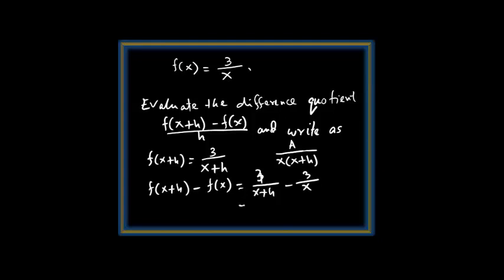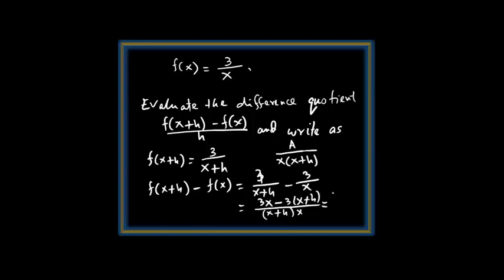And this one is a very simple idea. We have mentioned it many times, that is just like you are subtracting one fraction from another. So then you can multiply denominator, which is x plus h times x. You can write on this side or on the left side, doesn't matter. And then we cross multiply. So we get a 3x in here minus 3 times x plus h.